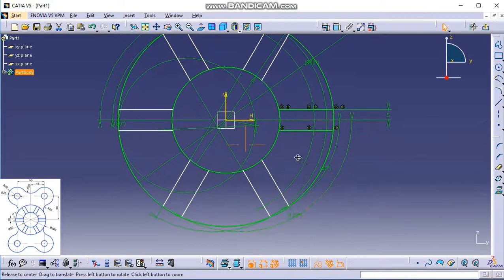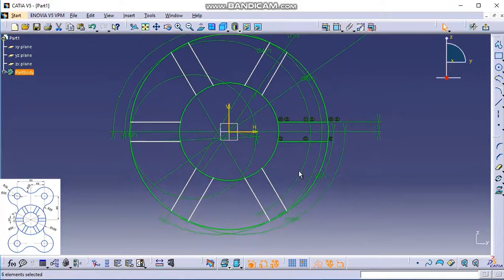Here there is a small problem in CATIA, which is if you go for rotate or any kind of transformation features except mirror or symmetry, the constraints won't be transferred. So if I move this object, you can see it is not constrained. But I'll use the Ctrl Z key first.